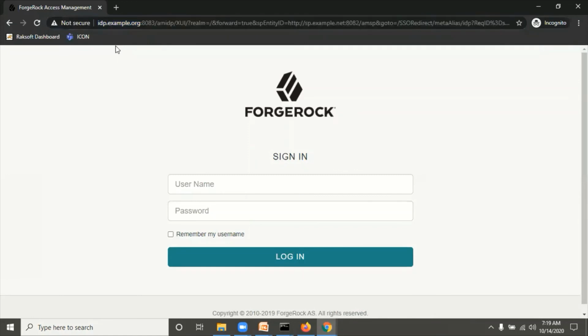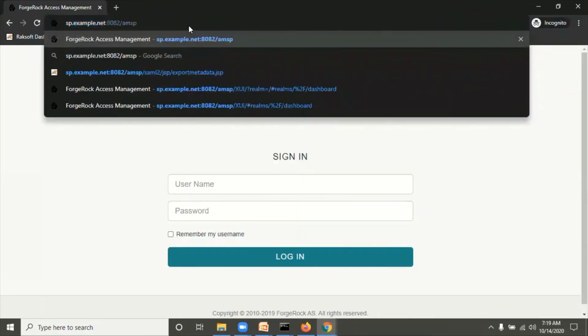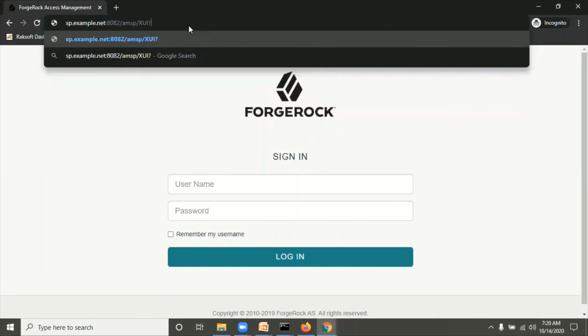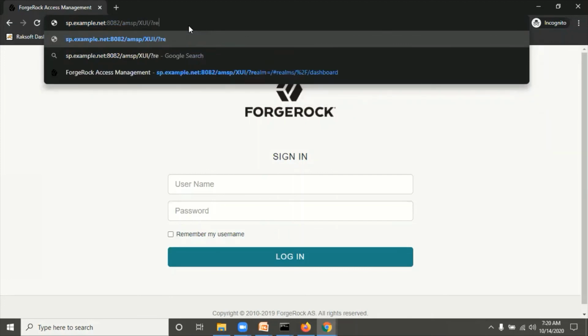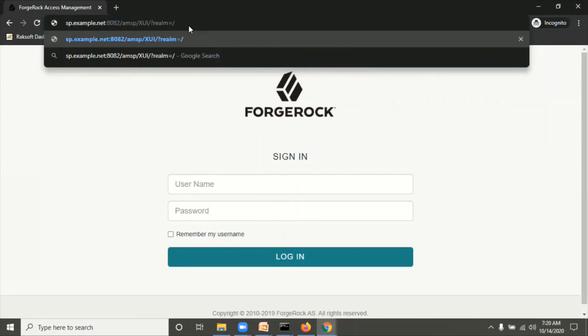SP application AMSP slash XUA question mark realm equal to slash, because it's the top level realm, and then auth index type equal to module, auth index value equal to SAML2 test new. Okay, enter.